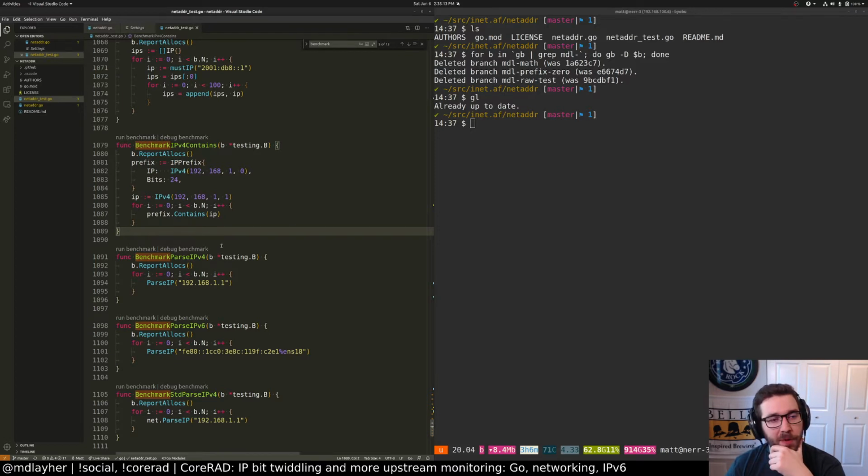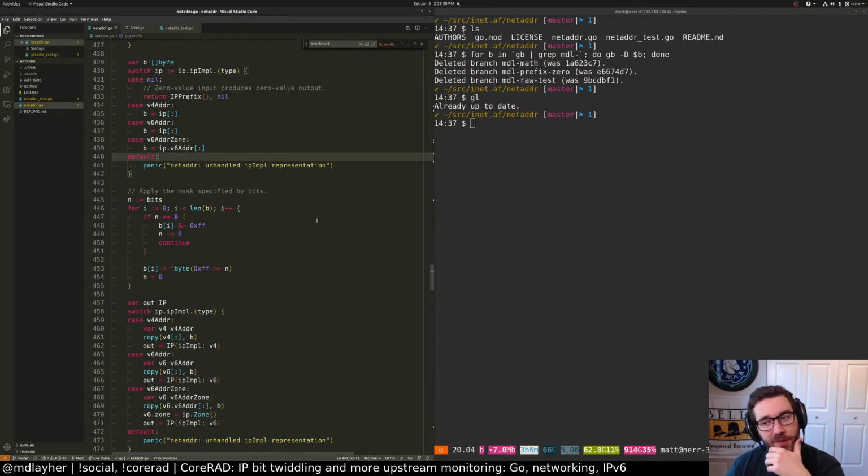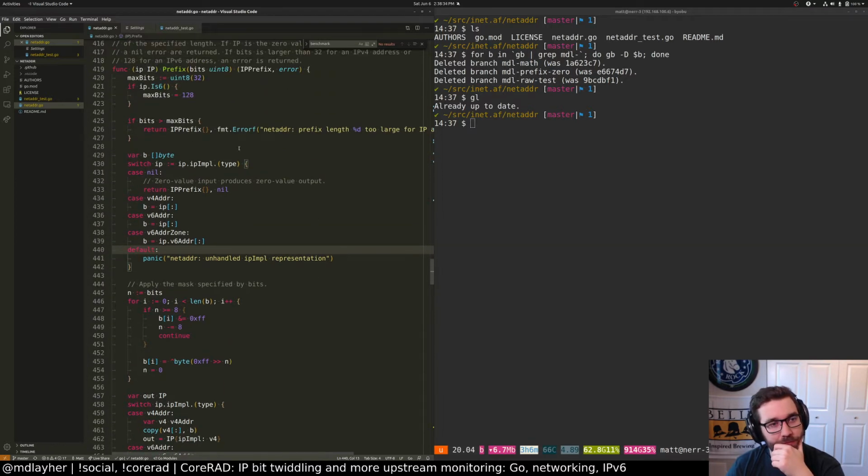So Dave, I think it's probably reasonable to do a benchmark for both v4 and v6, but we don't necessarily need different addresses. IPv4 contains v6. Gotcha. I'll probably do a table-driven benchmark. Not a table-driven test, a table-driven benchmark. And we'll do a prefix of...